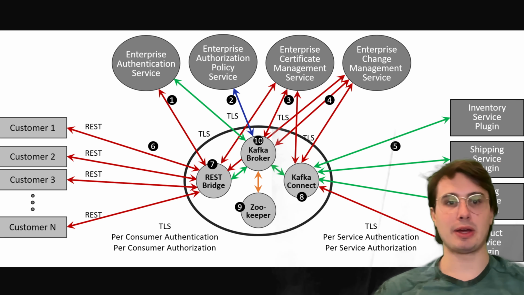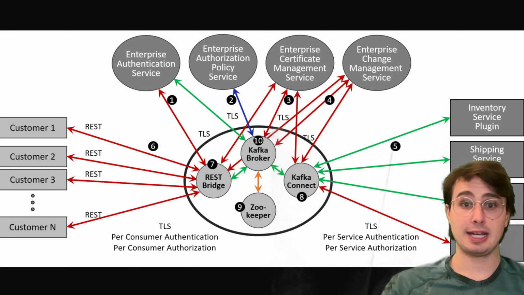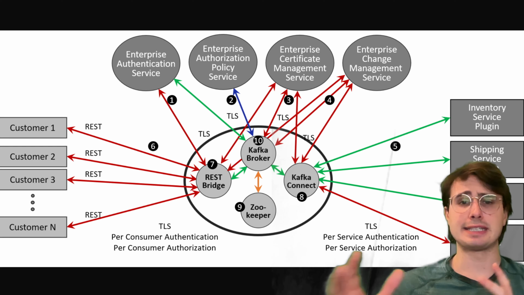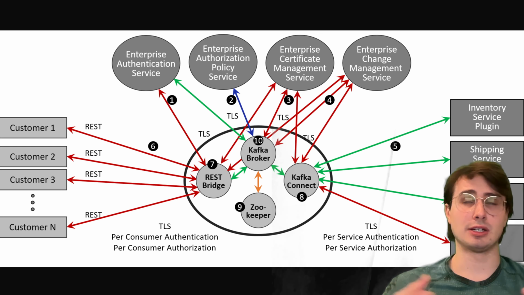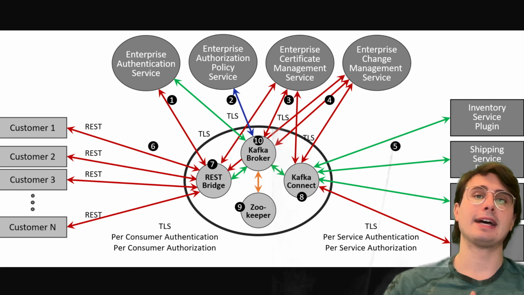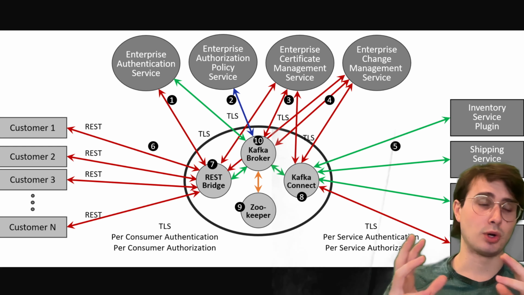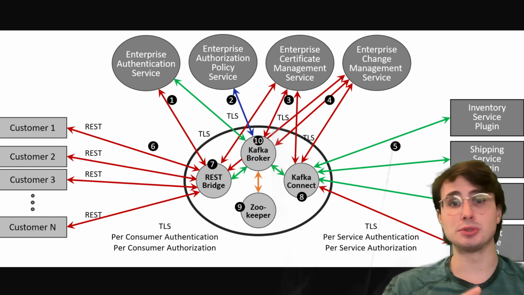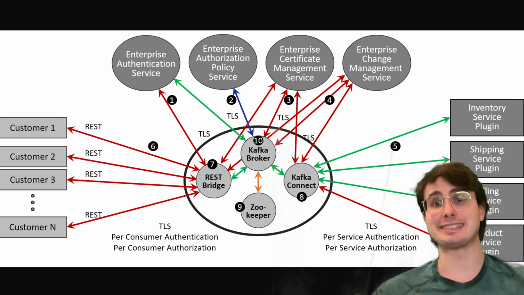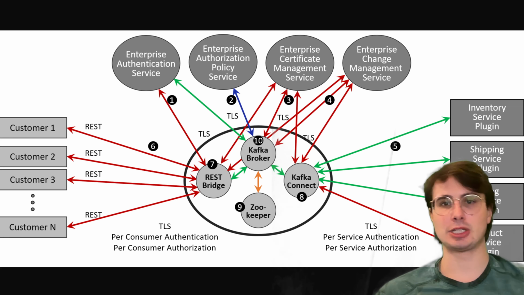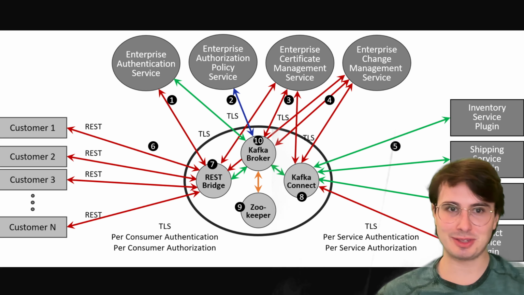Additionally, you might want to think about implementing access control lists so that you can only grant access to certain services, certain IP ranges, certain users, and make sure that you're operating on a least privilege access control basis. So only define fine-grained access per user, per topic, per consumer group, per cluster action that they actually need to undertake. Don't just give someone global access and expect them not to do anything bad with it, because obviously that's